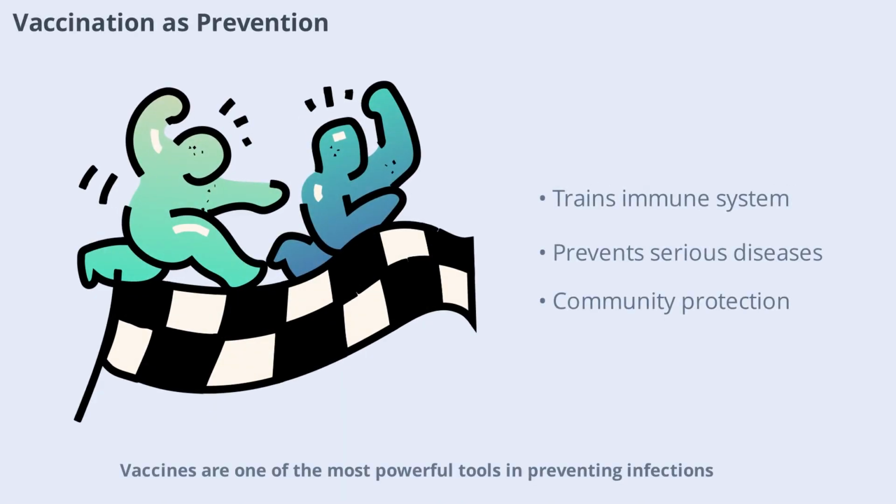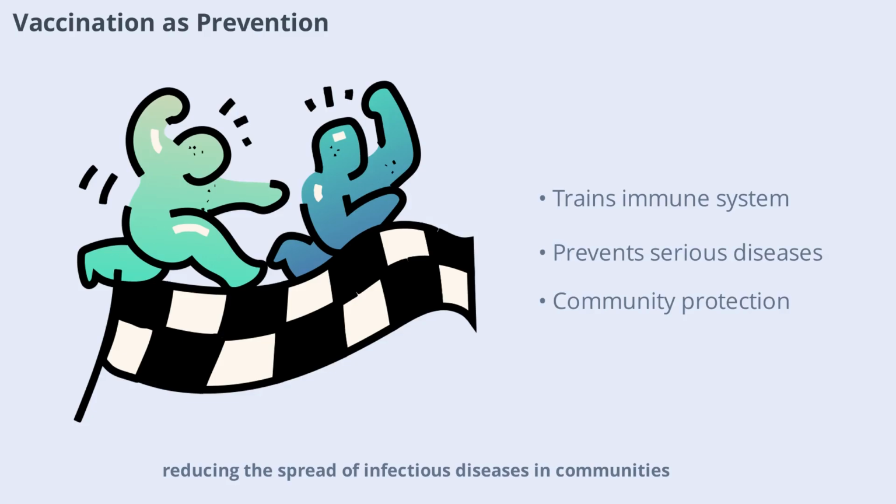Vaccines are one of the most powerful tools in preventing infections. By training the immune system to recognize and fight specific pathogens, vaccines can stop infections before they start. Vaccination programs have led to the eradication or control of many serious diseases, such as smallpox and polio. Staying up to date with recommended vaccines is a key part of personal and public health, reducing the spread of